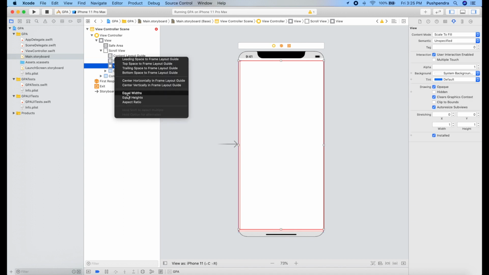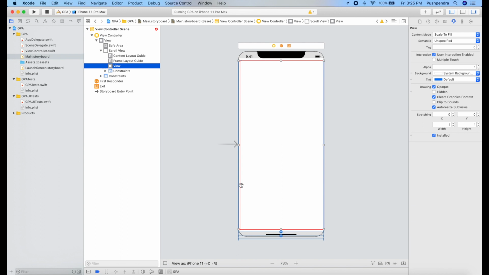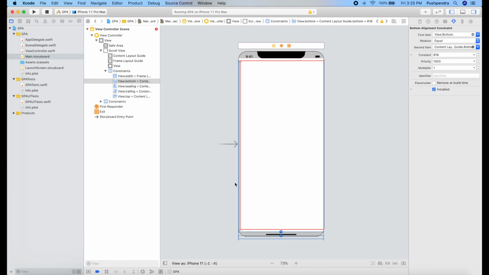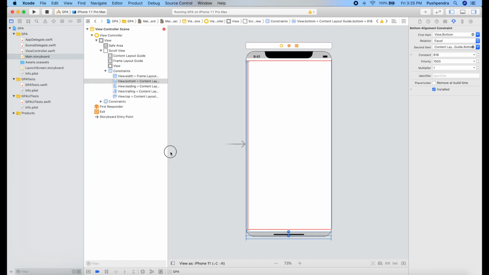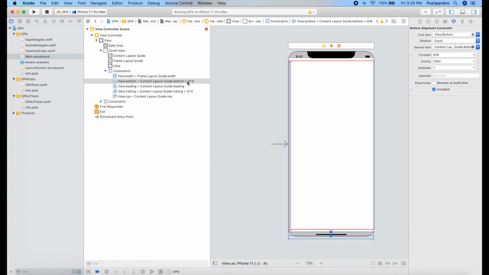And this content layout guide and the frame layout guide are very important to set the constraints as per requirement. Here we set it to the full view, means 0 0 0 0 from all sides, and this 818 and 414 we will make 0. Okay, we will update that.